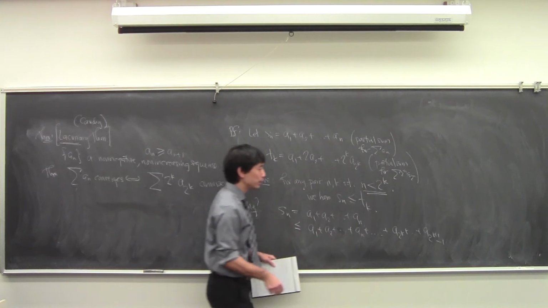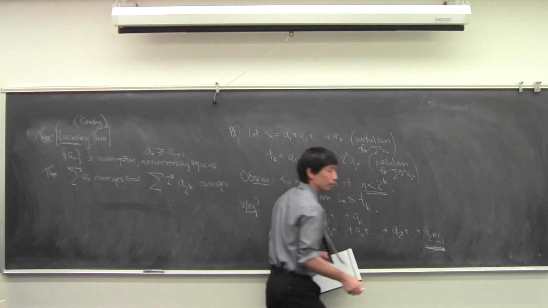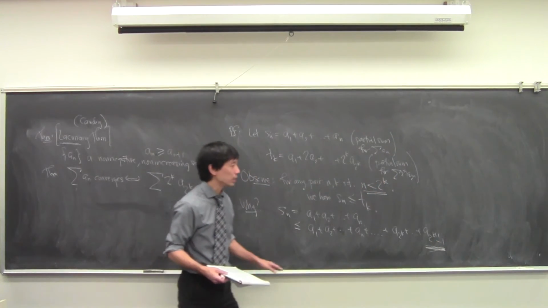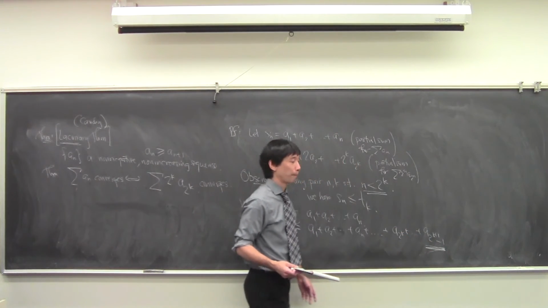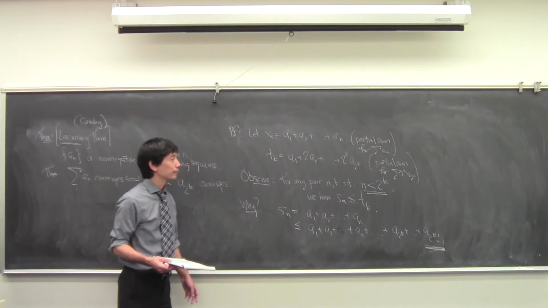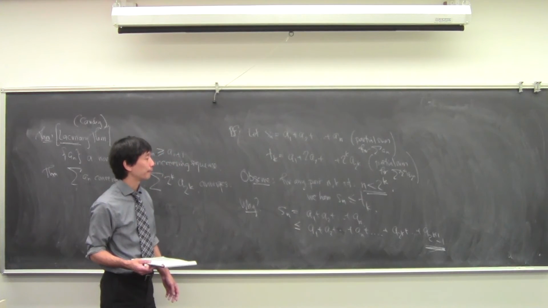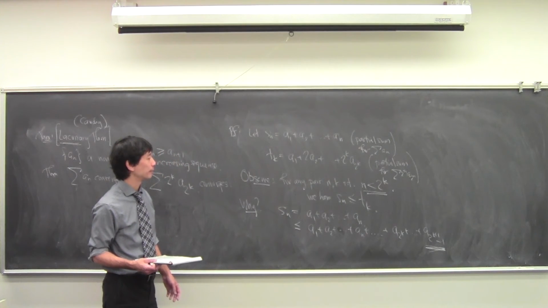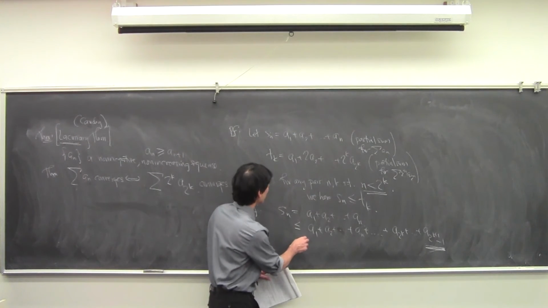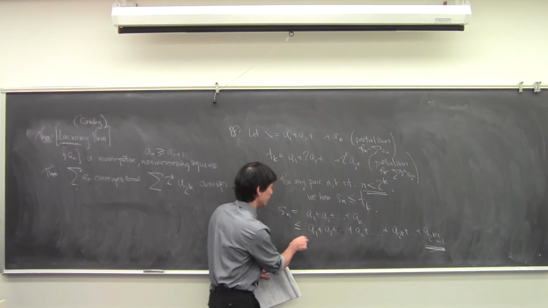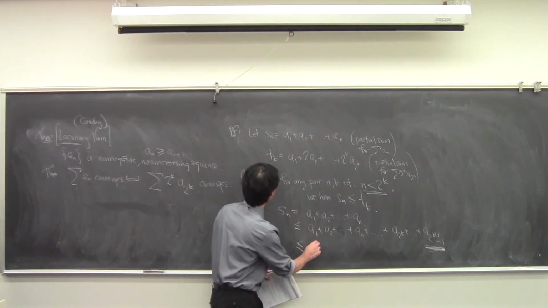So I go all the way up, I throw in all these terms just before the 2 to the k plus 1th term. But that thing is less than or equal to T sub k,